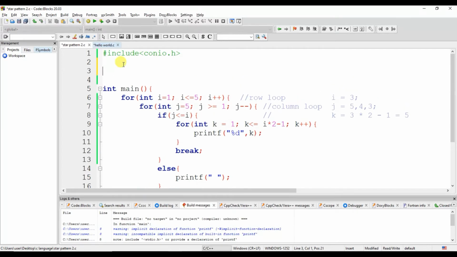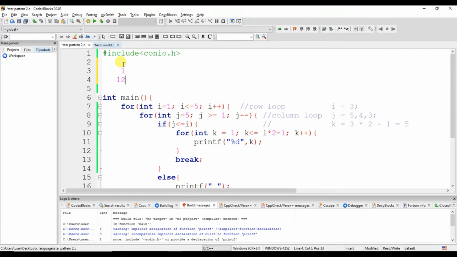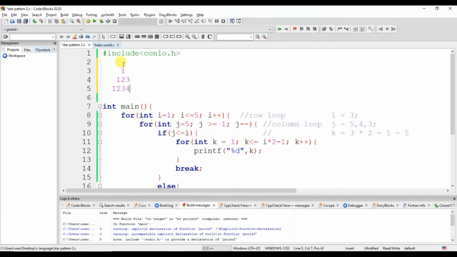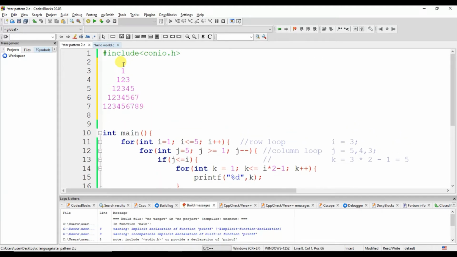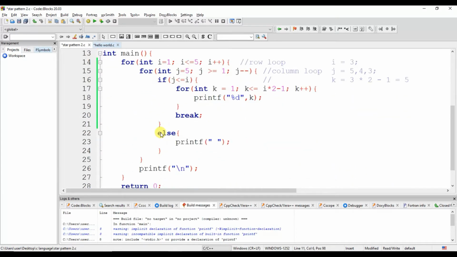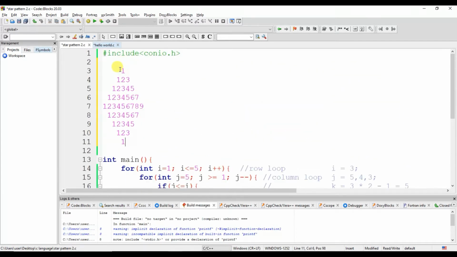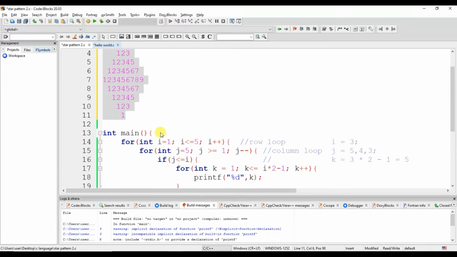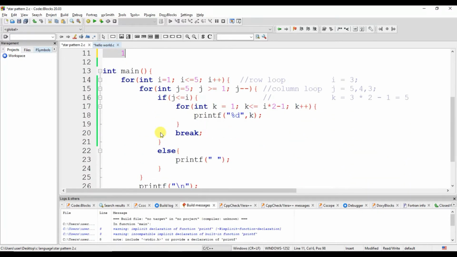It looks like this. Our diamond pattern will look like this. So let's go and create this pattern with the help of code.